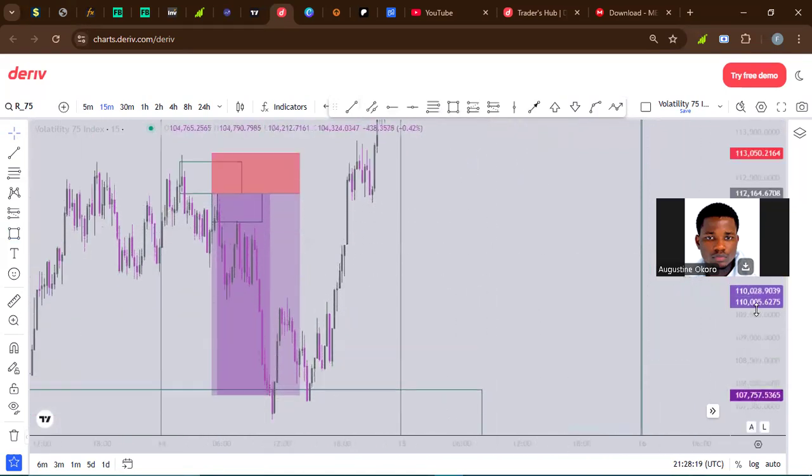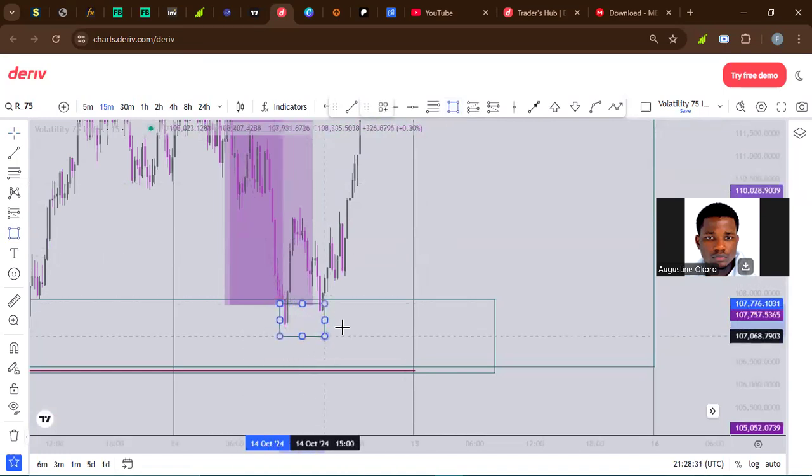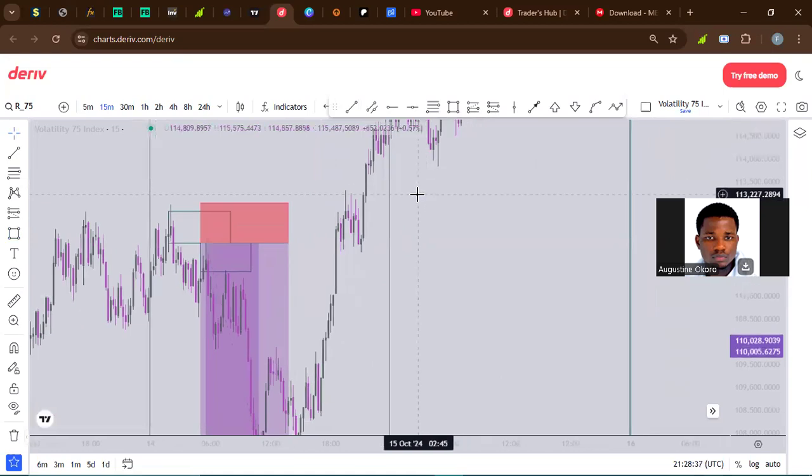Even if you go to a lower time frame, you can see that before the market pushes all the way up, it comes back down. If you go to the 15 minutes time frame, you are going to see this other block clearly, that the market tapped into an order block here, entering this trade, this move to the upside. The strategy is very simple, but if you need a full video for me to explain how to really trade them, you can just message me and I will do the same video for you.